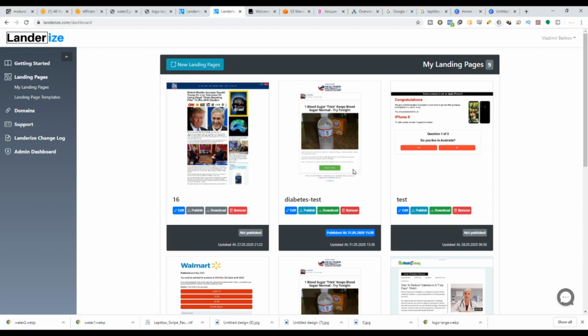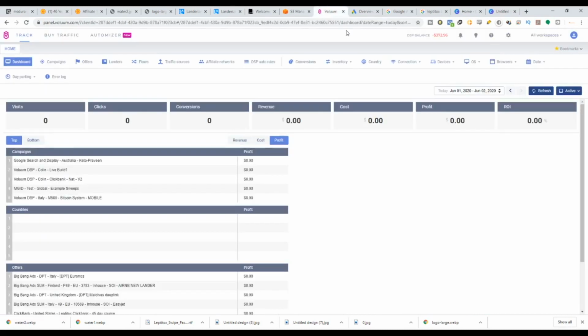So let's go to step 3. Since step 2 is done, step 3 would be creating our tracking system. We are using Volume for the purpose of this video. You can use any other tracking software if you want to. There's Red Track, Binom, whatsoever, guys. You can go ahead and search for their own pros and cons, and then you can actually start using whatever